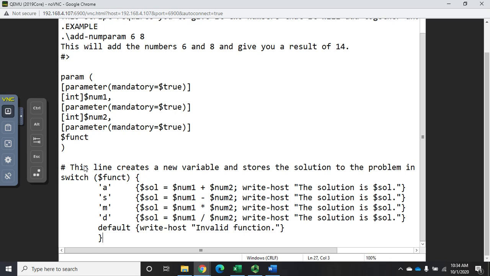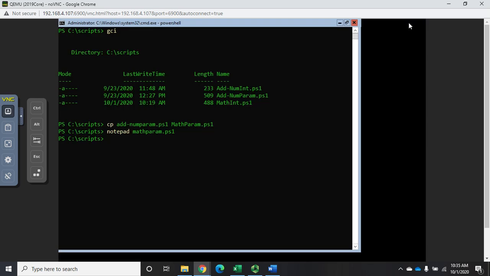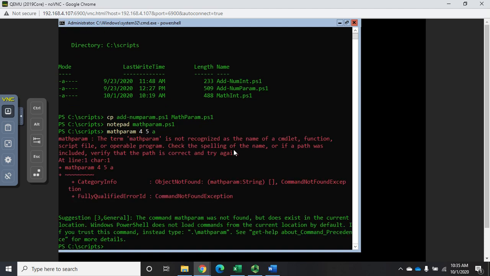All right, let's see if this works. So I am going to save my file, and we'll see if I typoed anything. And I'm going to minimize. And then here, I'm going to issue, hey, I didn't put a dash in. All right, that's fine. Math param, first number, second number, and function. And hey, it'd probably help if I specified